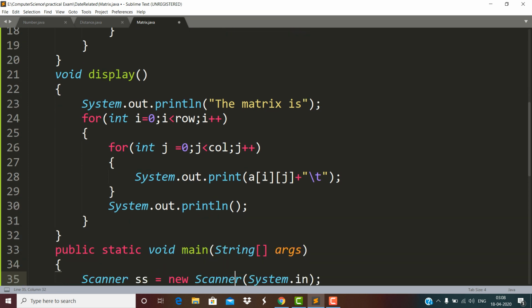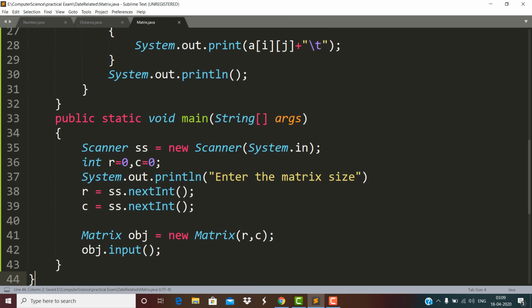So this is how we have it. Now in the main method I need to call the display function also.